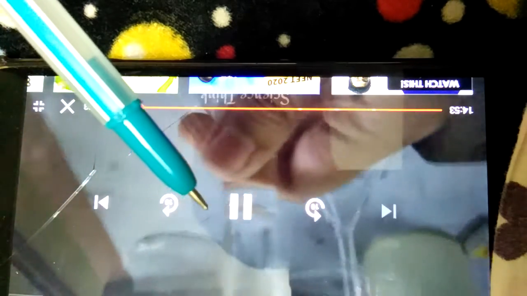The lower meniscus of the colorless solution and the marking both should coincide. So in that way you have to see. So now students, you can see here clearly the marking and the lower meniscus of the solution both are exactly in the same line. If you see it horizontally, then you will observe that. Now see, we are showing you it horizontally, the lower meniscus and the marking both coincide with each other.